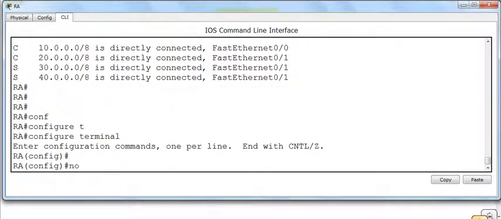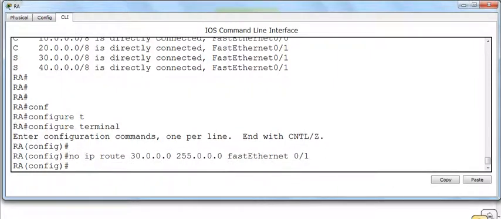So let us cancel the previous static routes that we gave. In order to cancel the previous configuration, go in front of the line and put no. Say once again, I want to cancel 40. This is the previous line that we typed. How did I get this? By pressing the up arrow. If you press the down arrow, the next command will come, whichever you typed before. If you want to see, you press the up and down arrow.